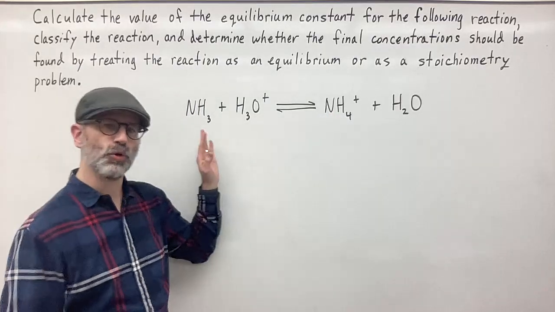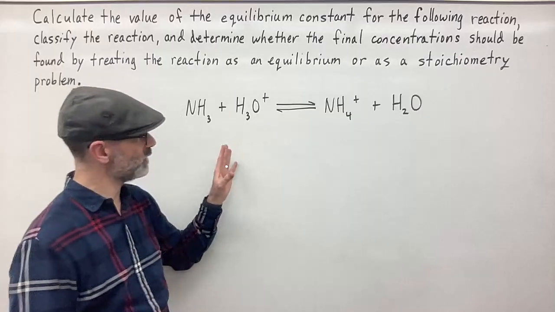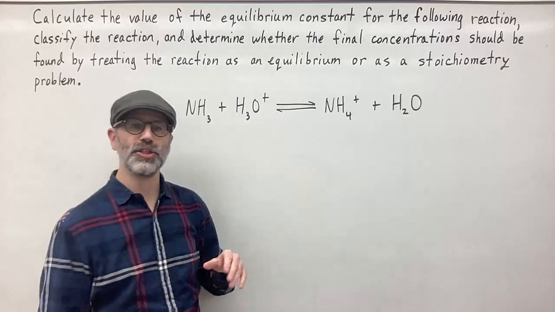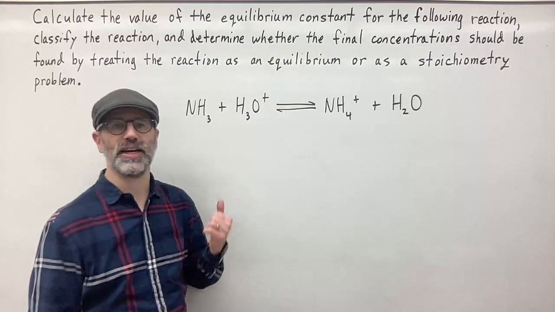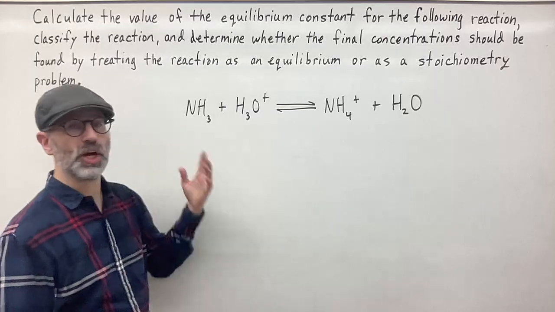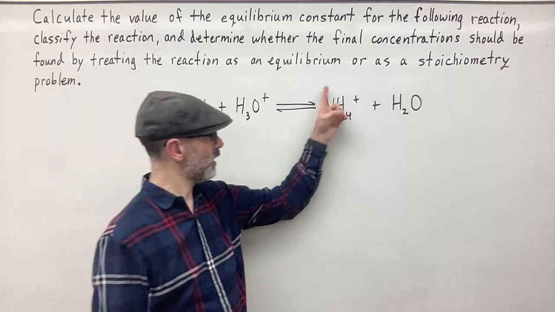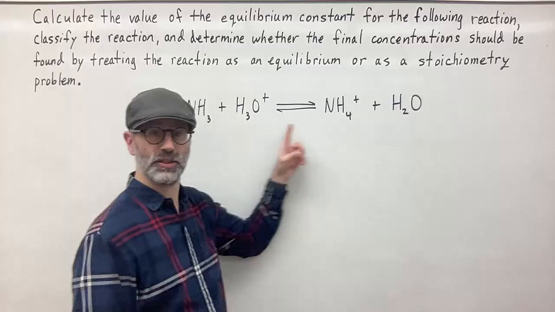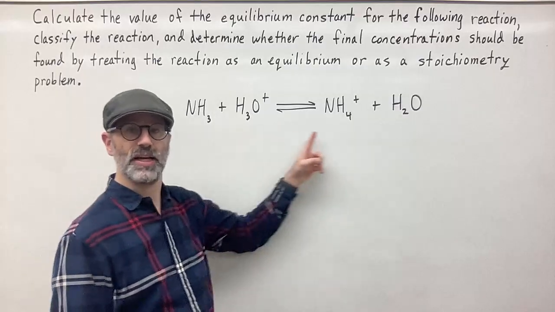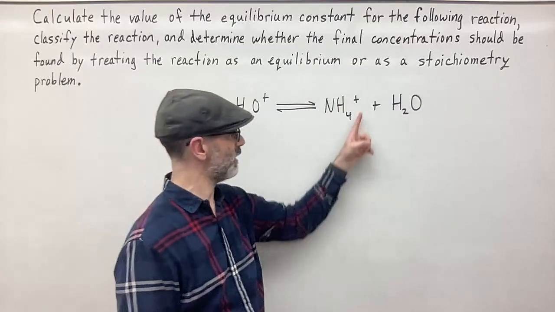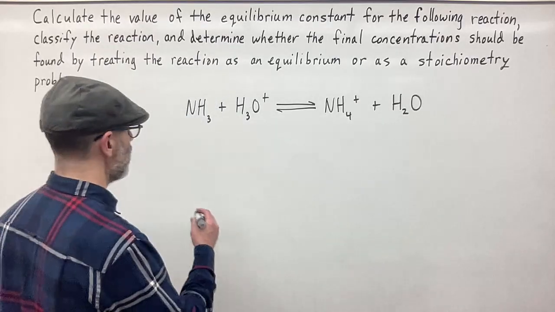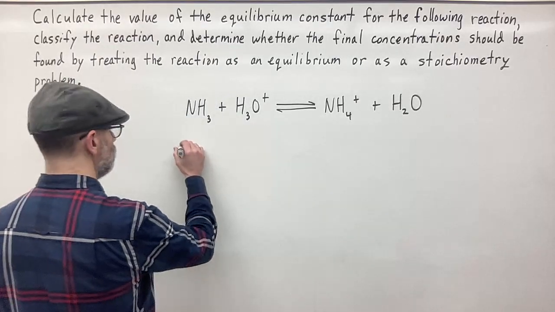But if you look carefully, you'll notice that this is the reverse of the reaction of the conjugate acid of ammonia with water. So this is ammonia as a base, this is the conjugate acid, and this is reacting with water. So if we take the reverse of that, we get